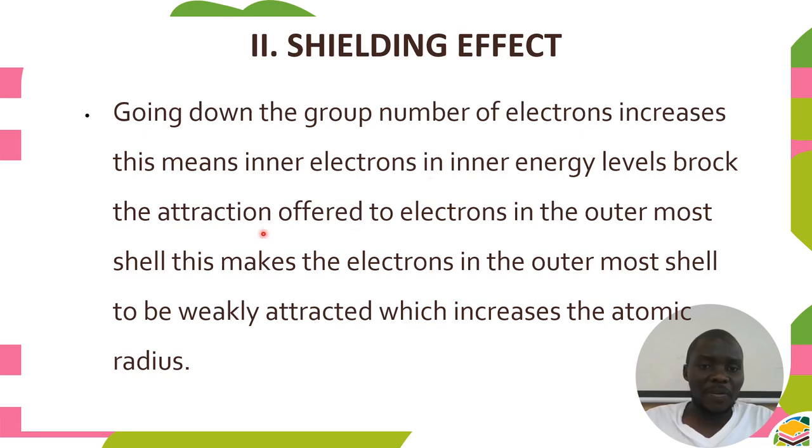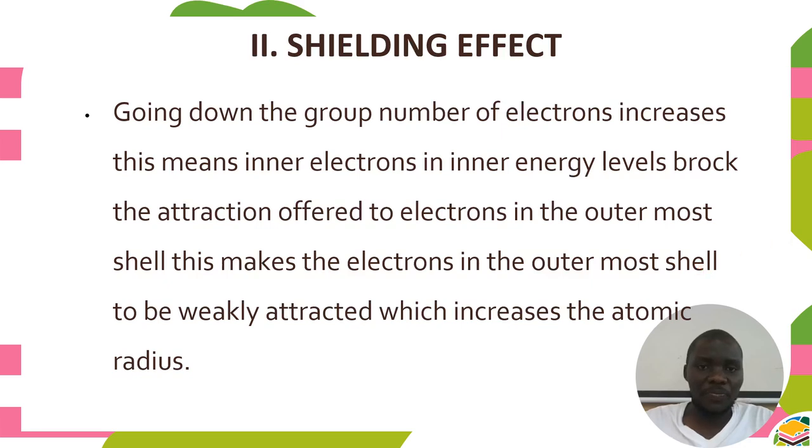As the number of energy levels increases, the inner electrons block the attraction offered to the electrons in the outermost energy level, and there will be repulsion between inner electrons and the outermost electron. Therefore, the outermost energy level will be pulled outward,